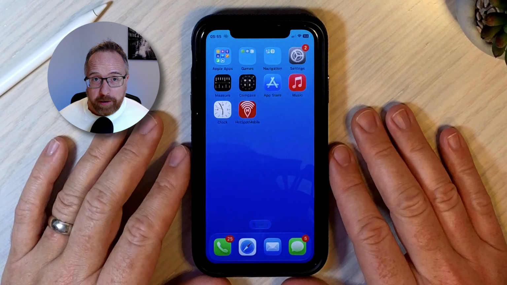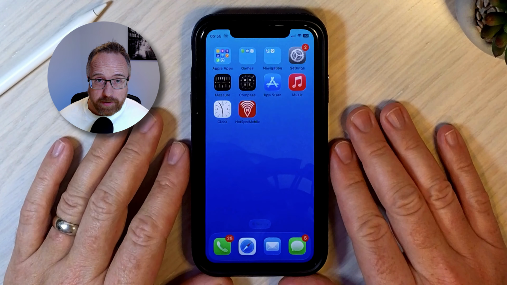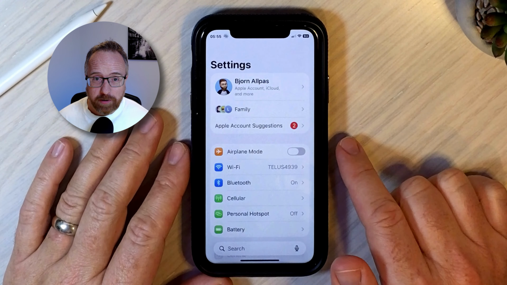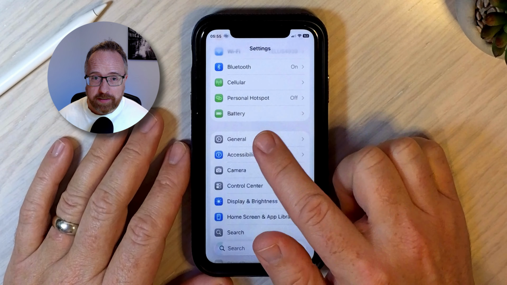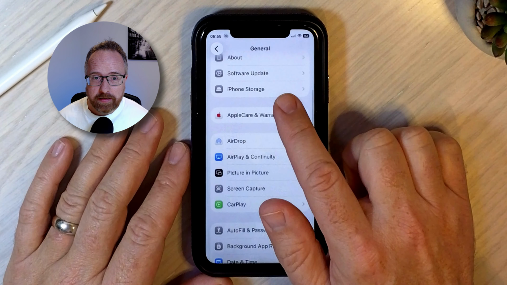This is how to turn Apple AirPlay on and off. First, hop into the settings. Make sure it's set up properly. To get to the AirPlay settings, scroll down on the main settings page, tap on General, and then tap on